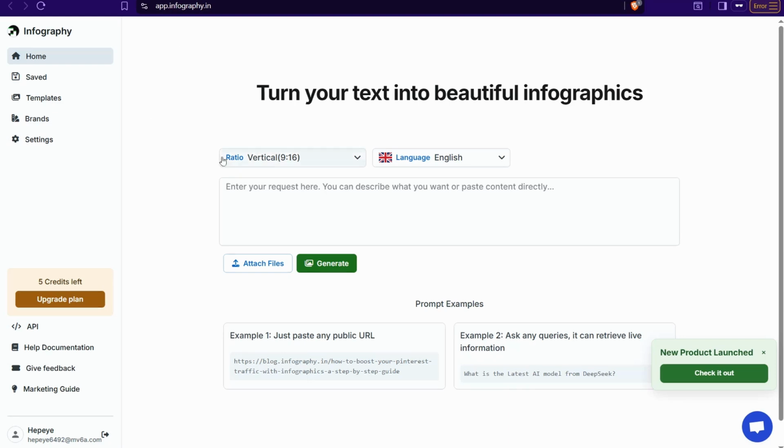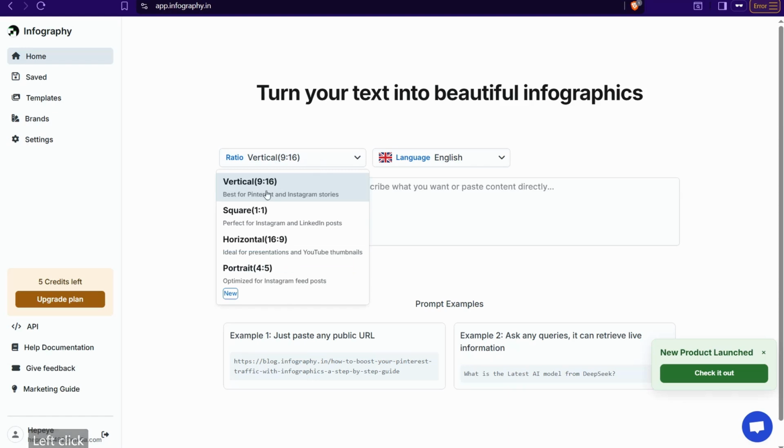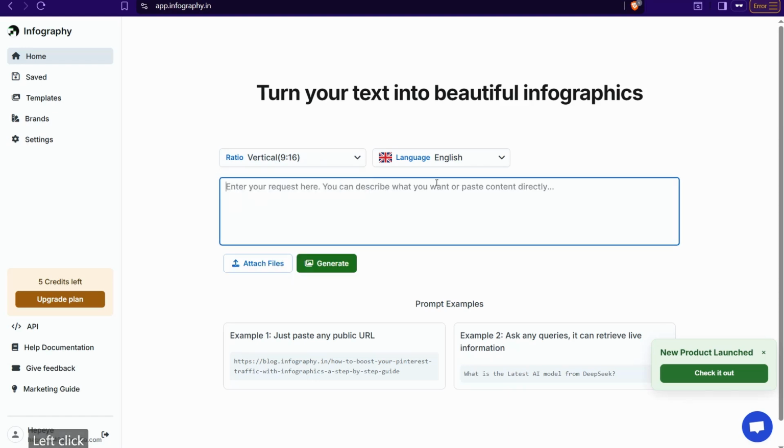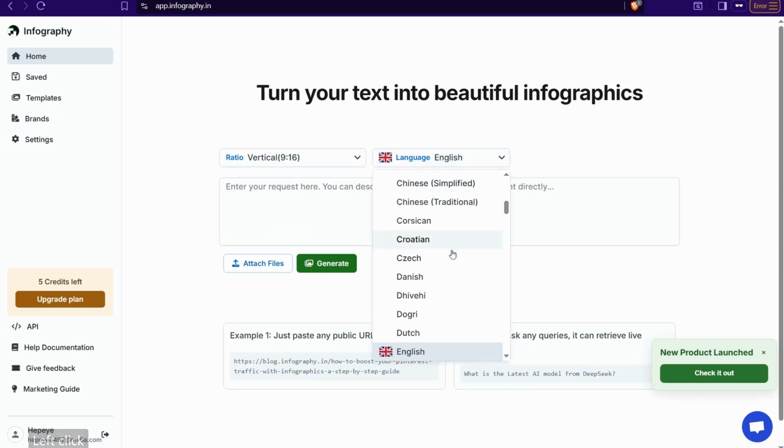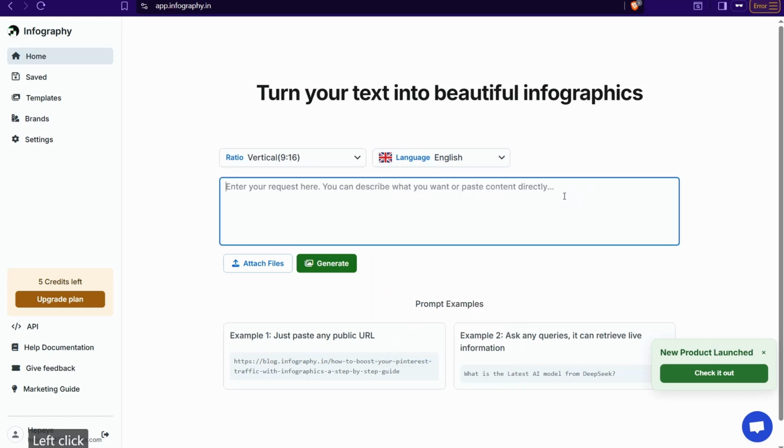So here, first of all, you can set the dimensions of your infographic. Here you can find different options like vertical, square, horizontal, and so on. Select your language, and the infographic supports different languages including Spanish, Portuguese, Arabic, and so on. Then insert here your prompt or your content as you want. So for example, here I just